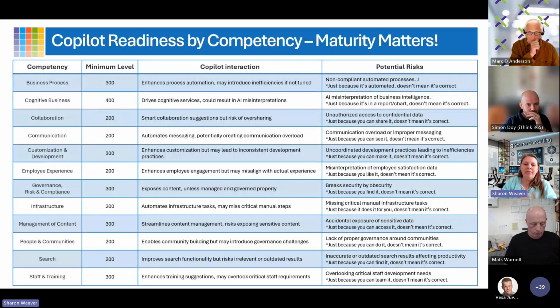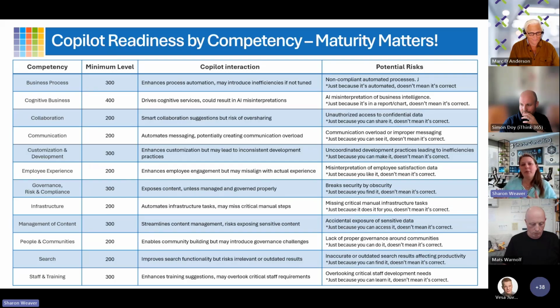So I put this together for you guys to look at later. I'm not going to read through the entire thing, but I will give the highlights. So like I said, Copilot readiness. I do Copilot readiness for a living now. I do modern work readiness, and I've done that for a year. Although modern work is now just work, right? We're now modern. Almost everybody's doing it. So now we're moving on to Copilot and AI readiness, which is the next thing in innovation.